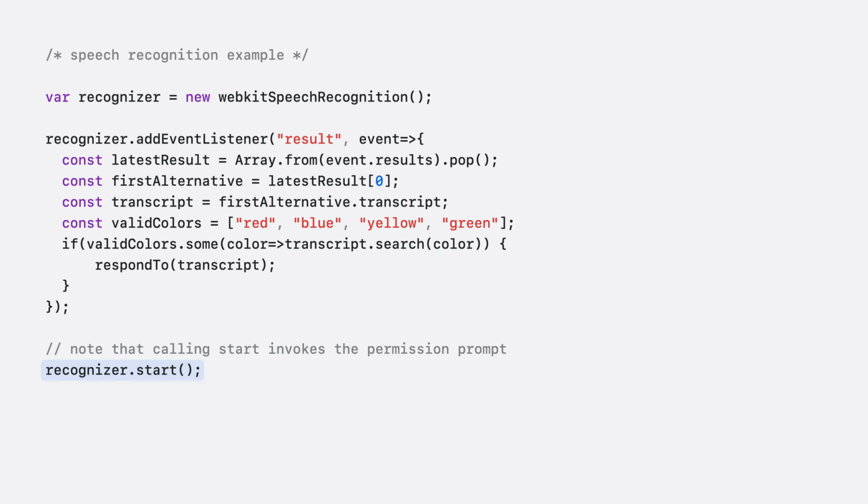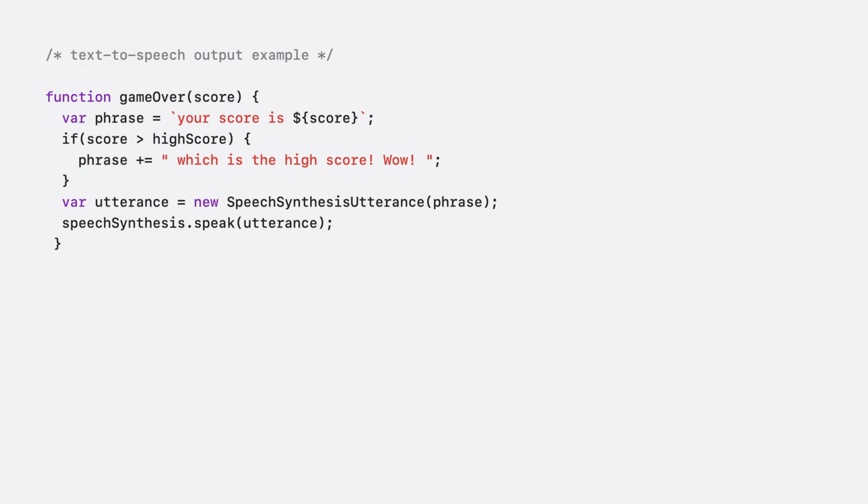Next, let's hook up the feedback. I want to be able to announce the final score to the user out loud once the game is over. I can do that through the Speech Synthesis API. Build speech synthesis utterance objects with the text you want to be spoken, and pass that in to the speech synthesis object to speak them. Just like the speech recognition API, no data leaves the device and it all happens for free. There are no API keys or accounts to wrangle.